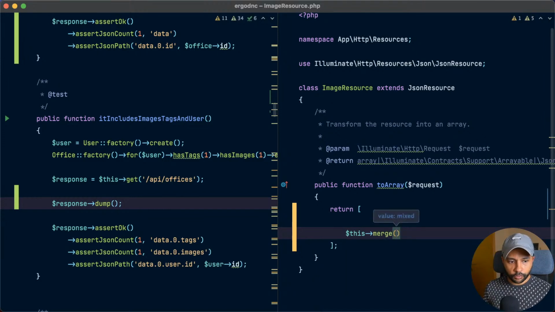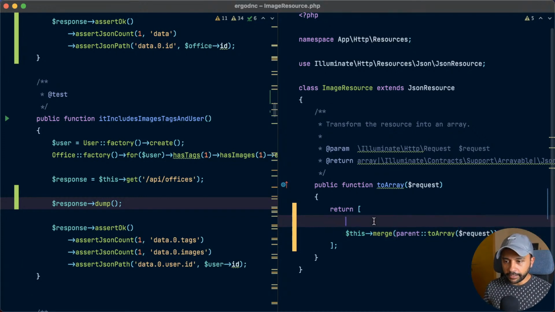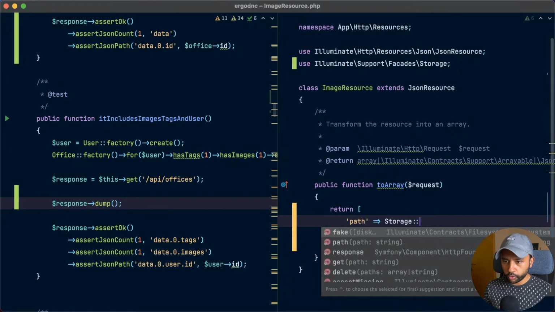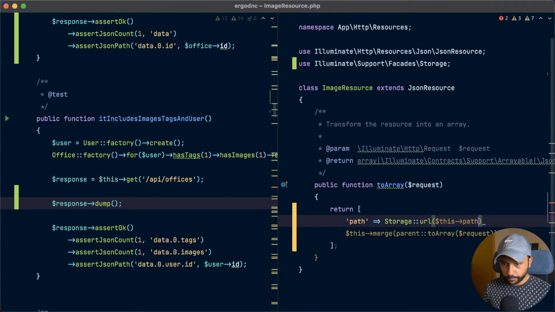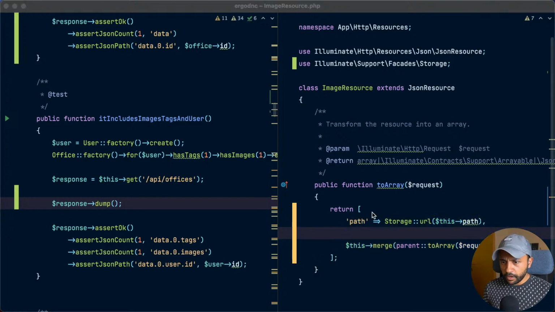Inside the merge method we will provide the array that we will merge to the original attributes, and that allows us to override the path and call storage URL on this path here. And now if we run the test again,